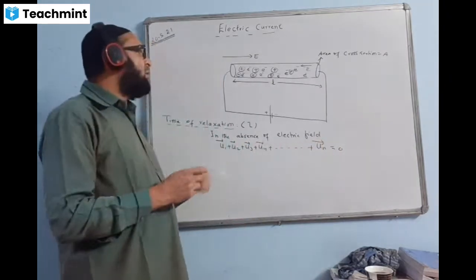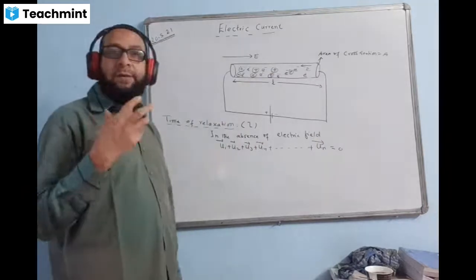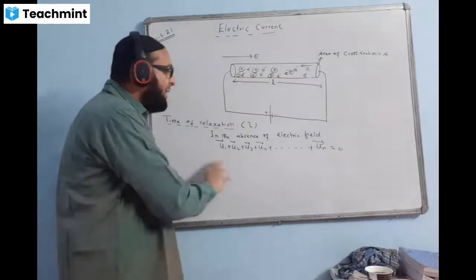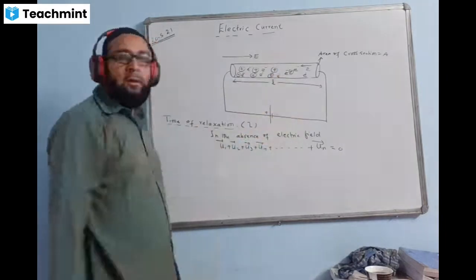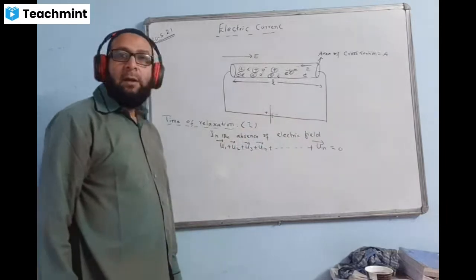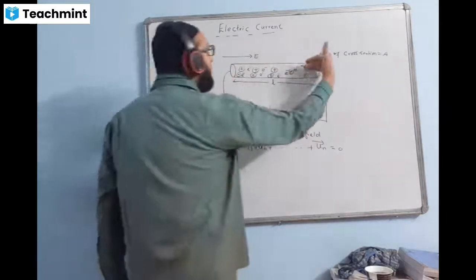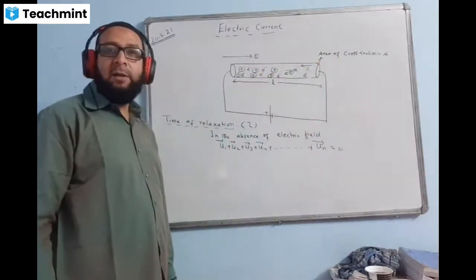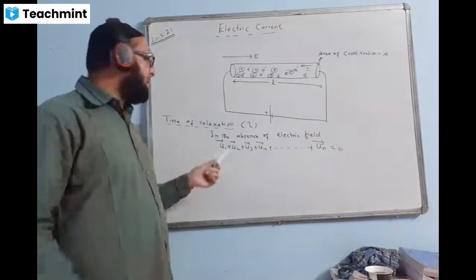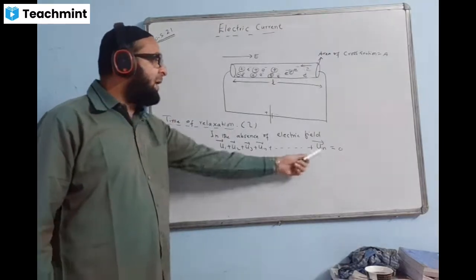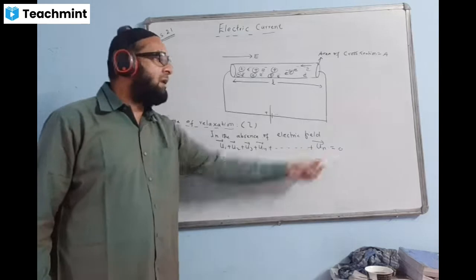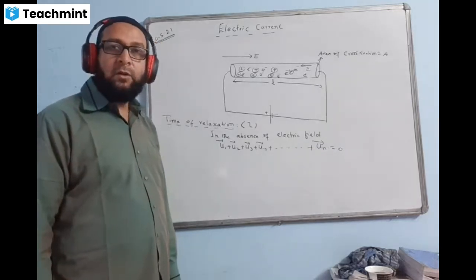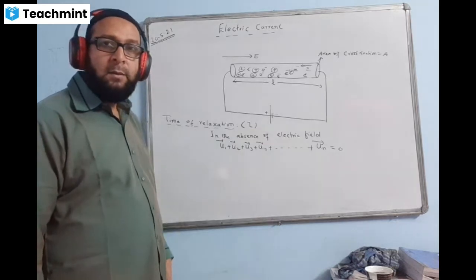That means when the electric field is not applied, electrons are moving randomly in such a way that the total initial velocity of the entire electron is 0. This is called linear velocity, no? Electrons are not moving in the linear direction. They are all moving in random directions, and their net velocity becomes 0. So the initial velocity of all n electrons, total velocity is 0. That means the total value of all the initial velocities is 0. Understood? Yes.